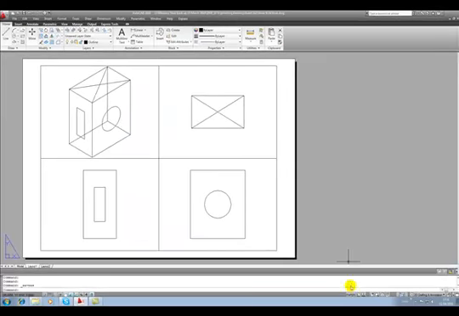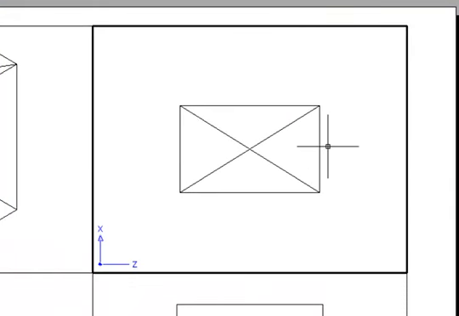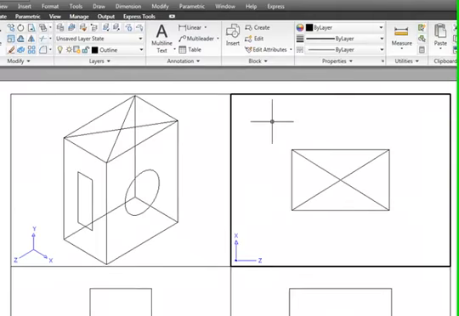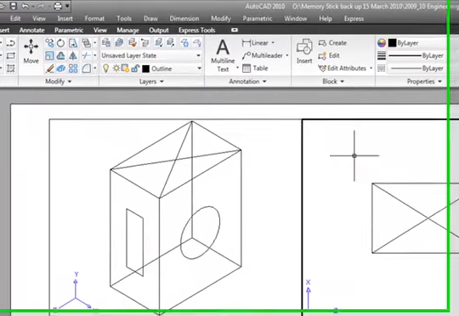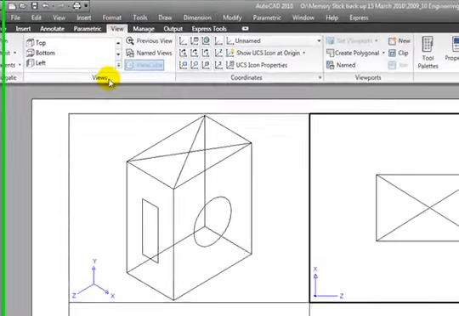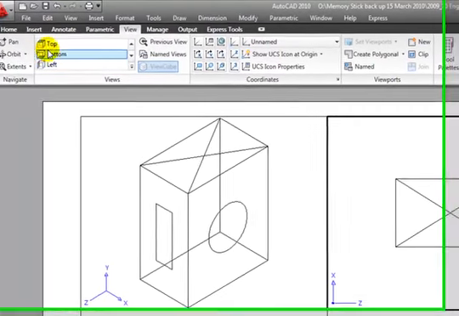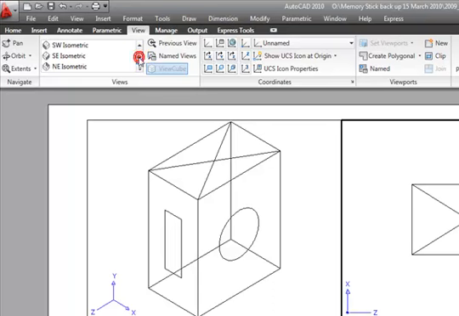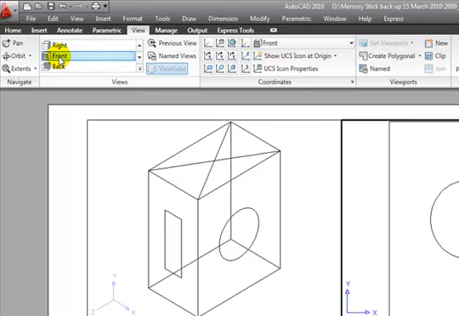Of course, I could go back and do model space, because what we could have done, instead of using the viewpoint command, we could have selected these same views using either the menu or the ribbon. So if I select View tab on the ribbon, and in Views we have our old friends top, bottom, left, right, southwest isometric, etc. So if I were to say select front view with the top right hand viewport active,